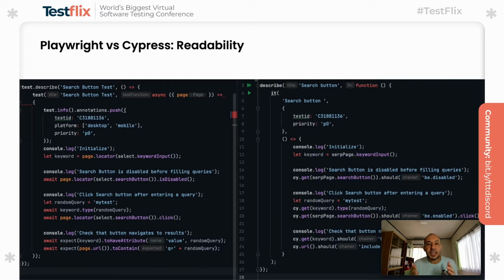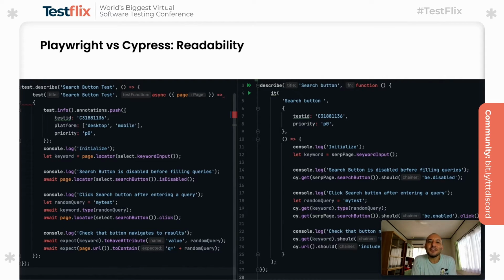Other than that, I implemented the same scenario with both options. Then I tried to understand the readability, like how it feels when we just read the code. For example, I'll read a line from this test, in the Cypress example, cy.get search button. So I'm getting the search button from the search page and then it should be disabled.